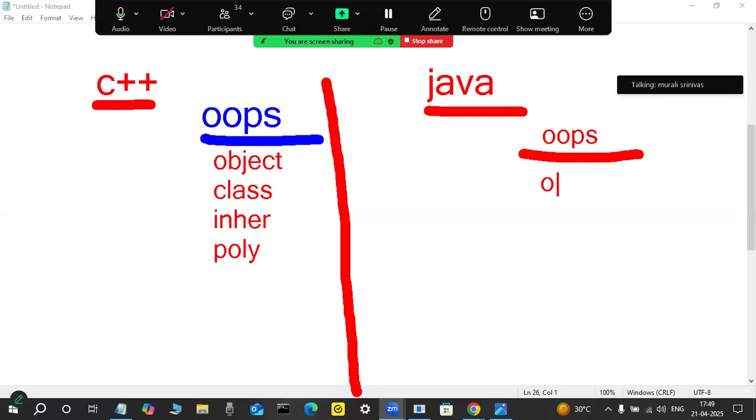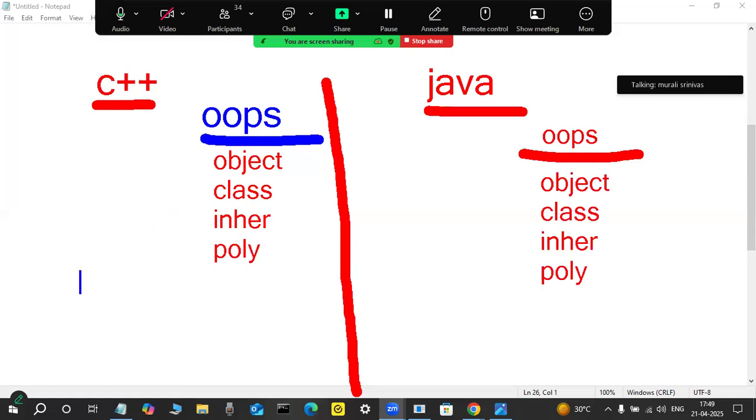The features are the same. Here also object is there, here also class, inheritance, encapsulation and polymorphism are there. Everyone knows that. Observe here. Conceptually, what is an object, what is a class, what is inheritance? The same. Okay, I agree. But